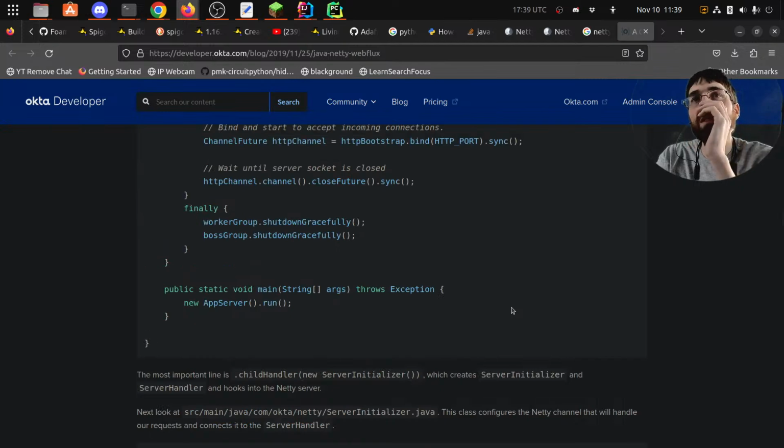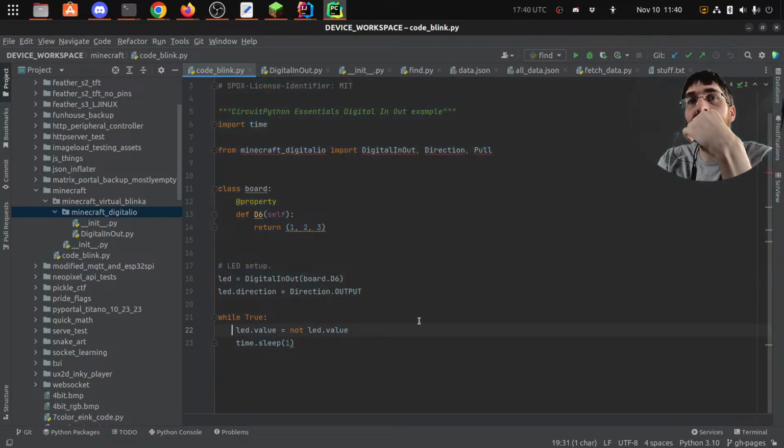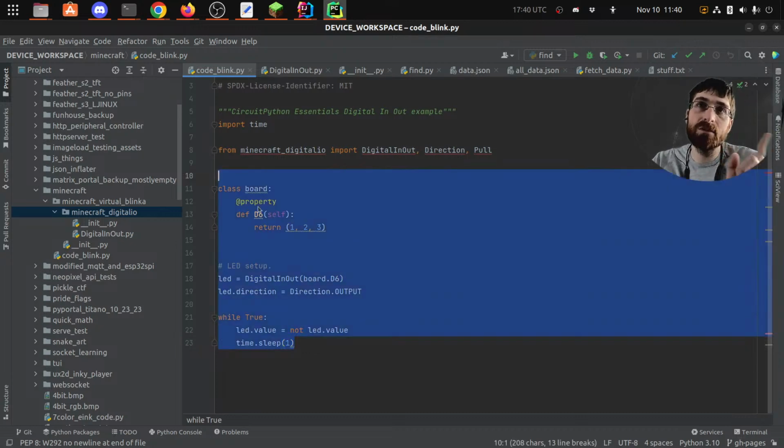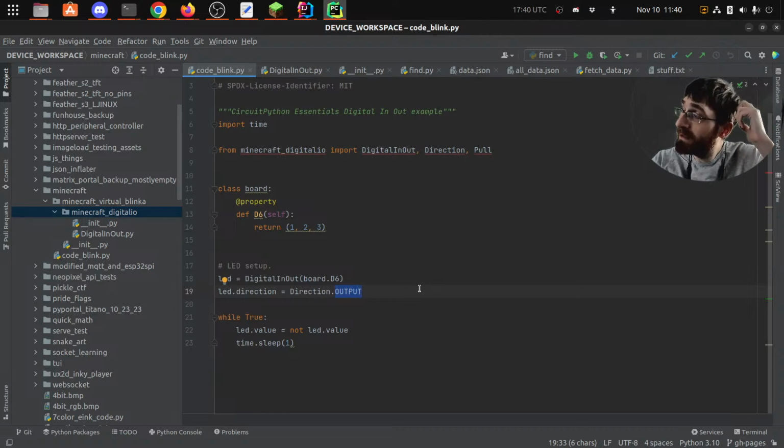Well, I mean, I guess. No, we don't want an HTTP server because we want the server to be able to initiate messages. Because in this example, we're sending data into the server always. We're setting the value of the pin to the opposite. So we're basically going to be telling the server to spawn or despawn the torch. We're always sending data in with this one, but as soon as we want to do direction input, we need the server to send us